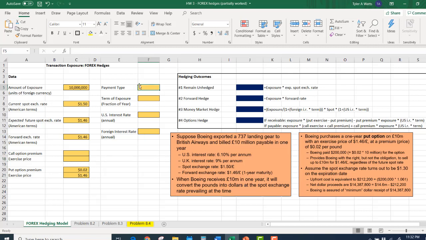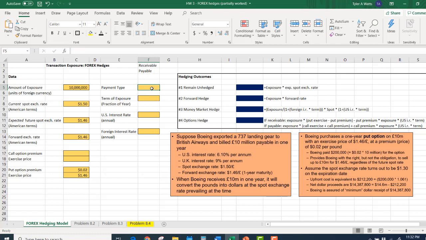Now, payment type, we're going to type in receivable or payable, but one bonus thing I want to teach you here is how to use validation. So only one of a set range of possible values can be entered here. And those values, we can just go anywhere else in this spreadsheet. I'll just jump up here to the top and we'll enter the options we want to limit this to. So I'm going to spell out the words receivable and then one cell down, payable. And what I'm going to do is click on the payment type, and I want these to be the only options